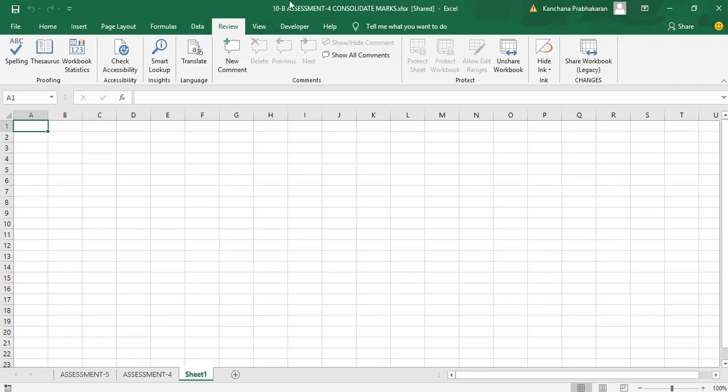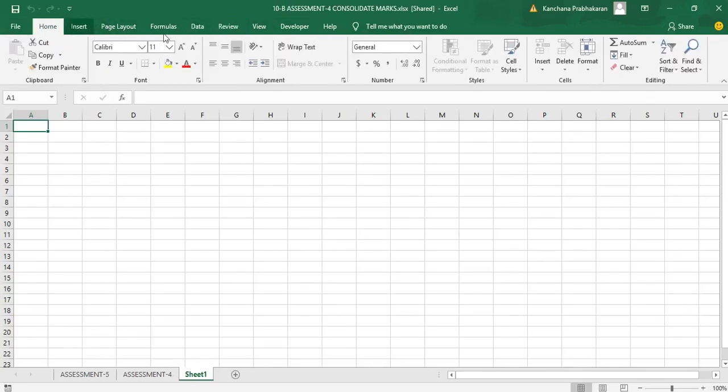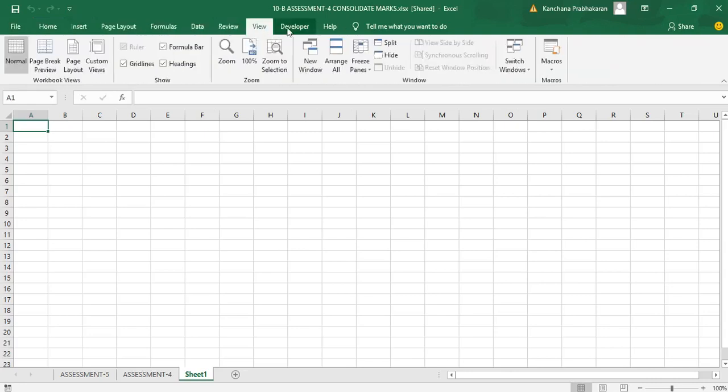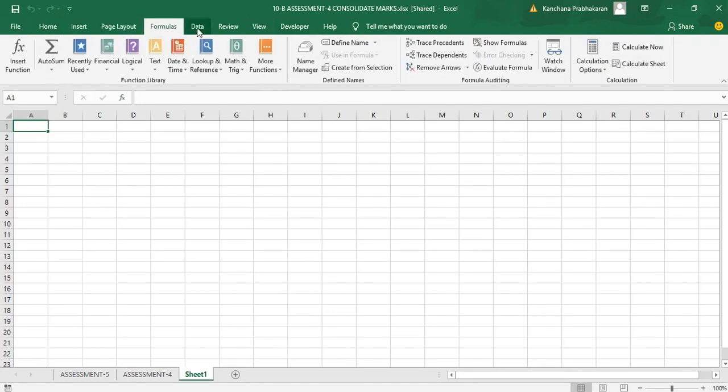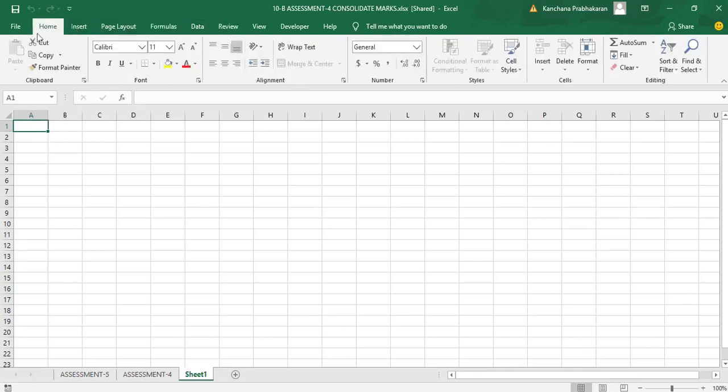The topmost bar in MS Excel is called what? Title bar. This is called the menu bar in MS Excel. Under this menu bar, you will have a lot of tools. When I click on a different tab in the menu bar, you will get different tools here. So this is called what? Ribbon. The lengthy rectangular bar is called the ribbon, which shows all the tools to be worked on in the Excel sheets. There are so many different tools available, which can be used as a shortcut for applying to the data present in the cells.